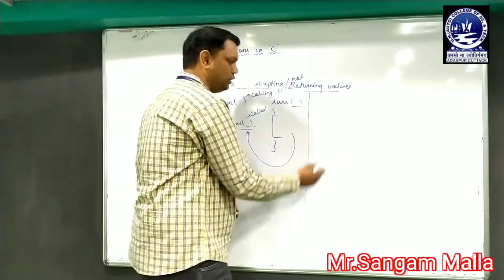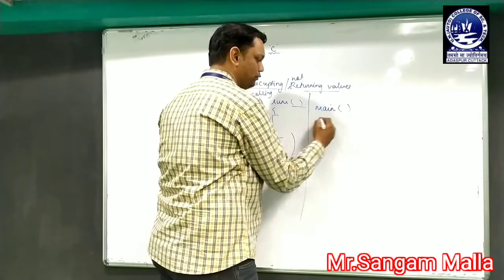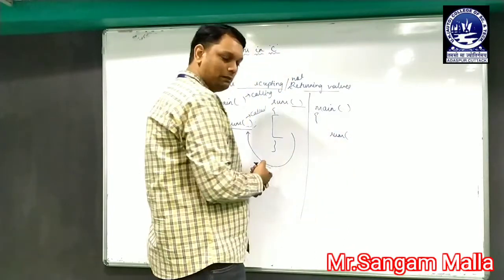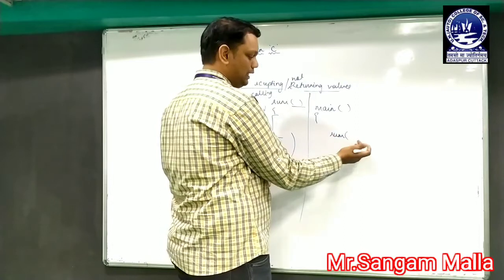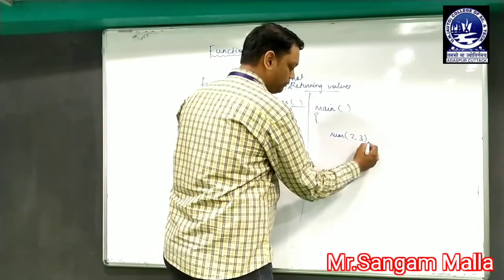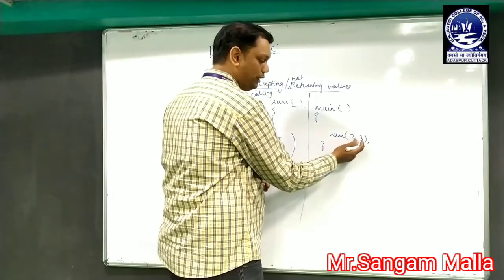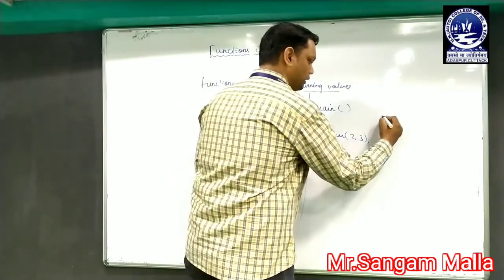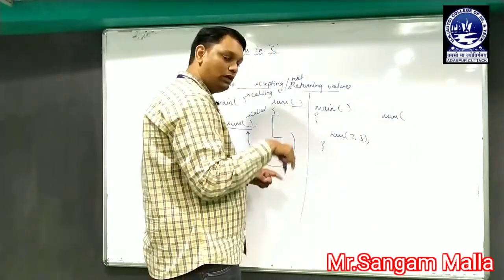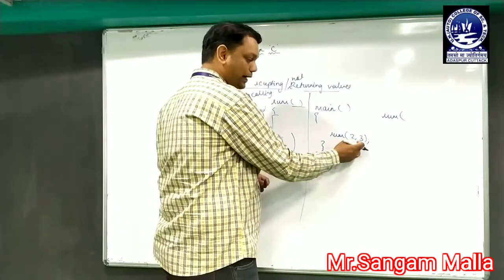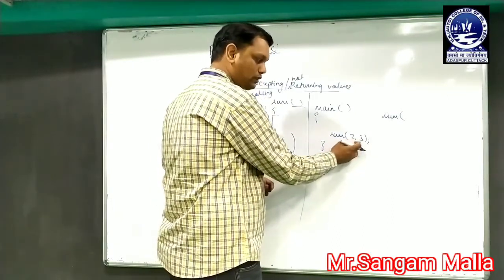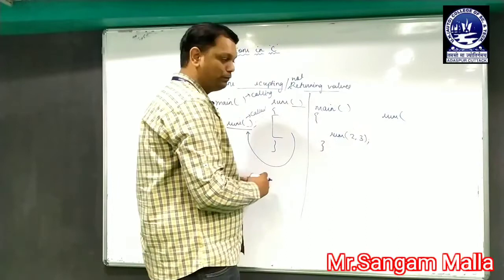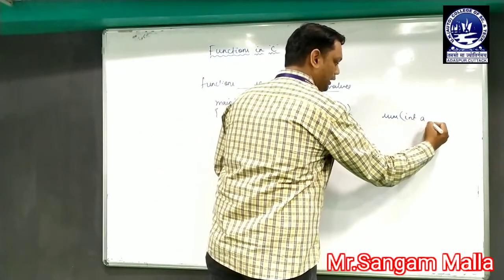So here you can see that whenever we are calling a function, let's say we have a main function and we are calling a function, let's say I am calling sum function. But whenever I am calling the sum function, let's say I am passing two values, let's say 2, 3. So I am sending two values, that is 2 and 3. Whenever I am calling a sum function with some values, the sum function will have to accept the value, that is 2 and 3. As we know that 2 is an integer value and 3 is an integer value, so we need two variables at the sum side in order to receive these two values. So the first value, let's say I will write int a comma int b.